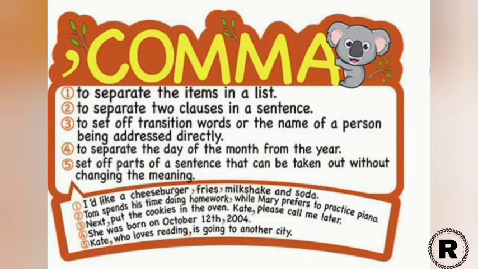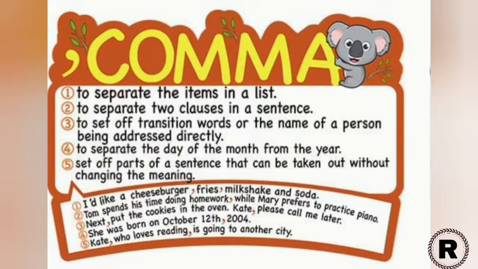Why is the comma used? First one, to separate the items in a list. When different items are written in a sentence, those items are separated with the help of a comma. Like, I would like a cheeseburger, fries, milkshake and soda. Obviously, the last two things carry "and", but the rest of the things are separated with the help